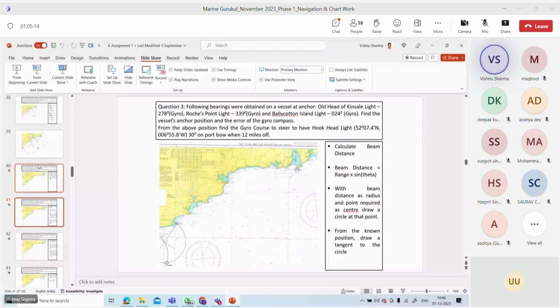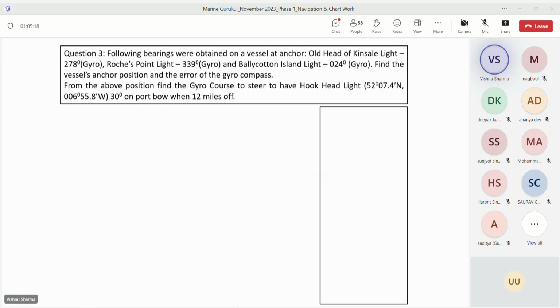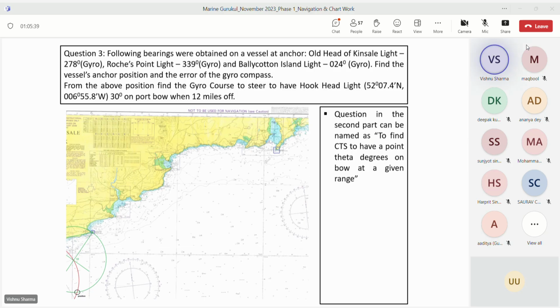So let me just show you the full thing once again. Question in the second part can be named. You have to give it a name so that you are able to relate it to the question when it comes. To find CTS, to have a point theta degrees on the bow at a given range. You can give this name or whatever name. If you want to change any word, it's okay. Calculate the beam distance. The distance